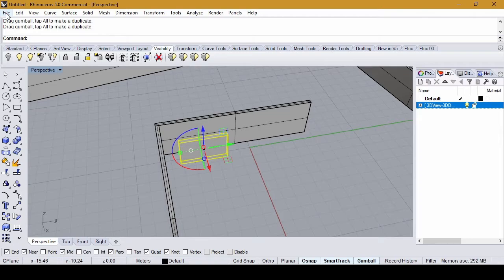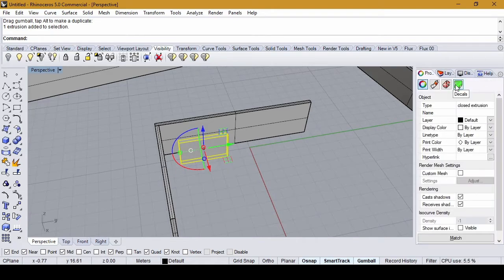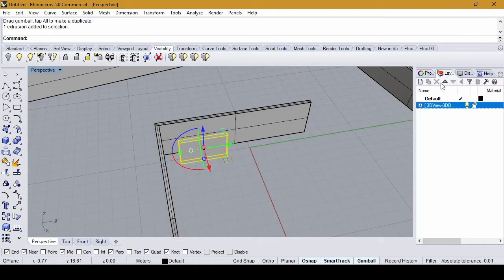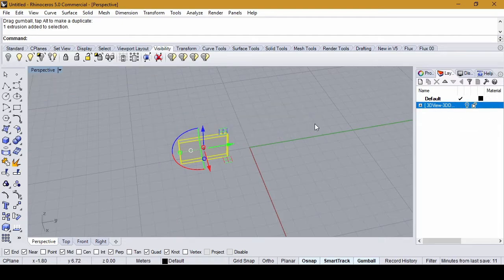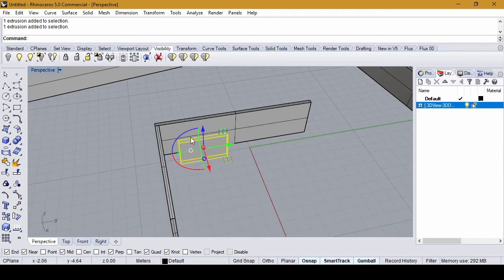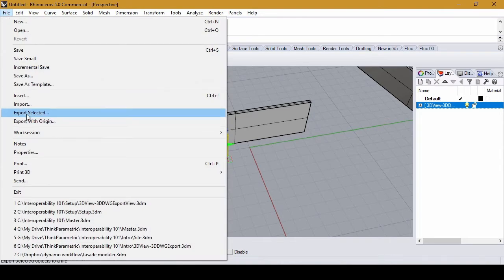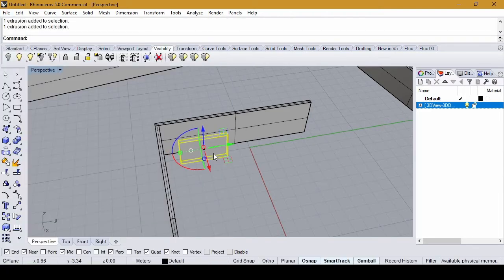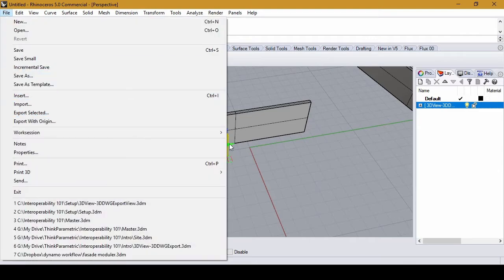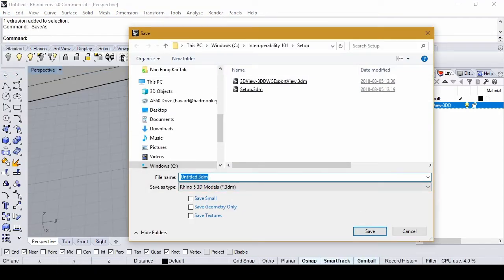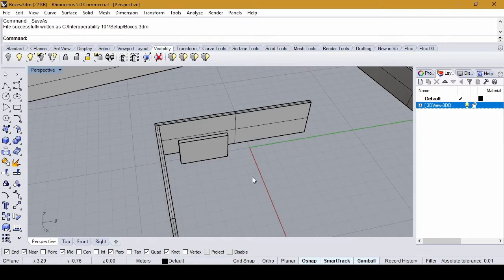save that box. So now actually, because we have only one box, one BREP, a closed polysurface or a closed extrusion in this file, and if I turn off the reference, that's everything in this file actually. We don't need to do what I normally do, which is I go File, Export Selected, like you remember I did with the map files, the DWG exports from the Rhino map earlier in the first section, in the setup section.